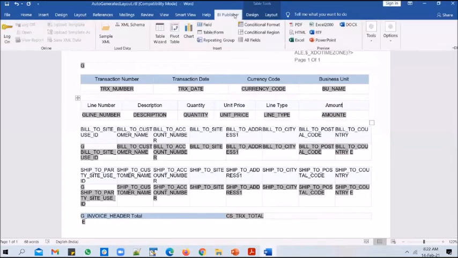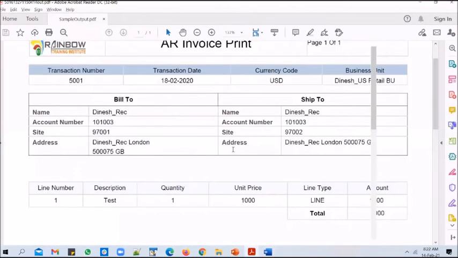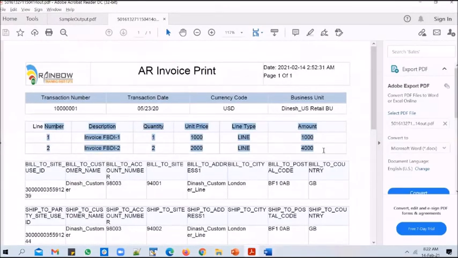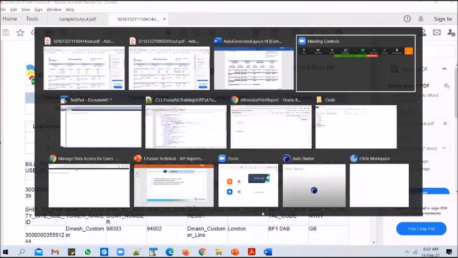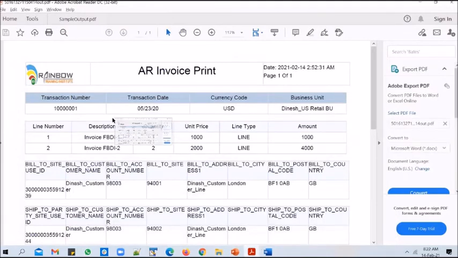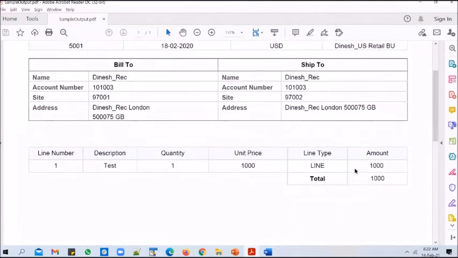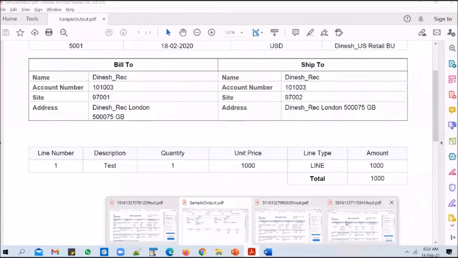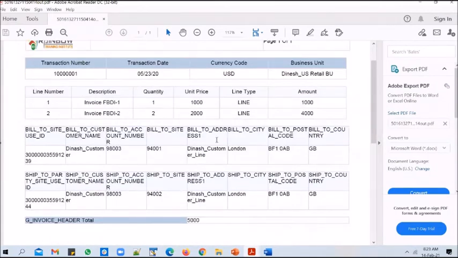So you can go back to the Publisher, and you can click on the PDF output. So you look at the line section. The line section is looking good. It is looking as what the client has wanted it. So let's open the, okay, I think it got added to the same tab as that of the sample output. So you see the output that is expected, and you see that the template is generating the output in the same form. Okay, so that's good. So we need to fix these two tables now.